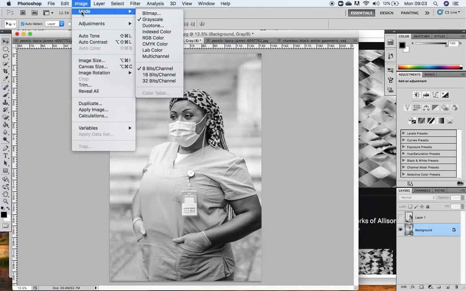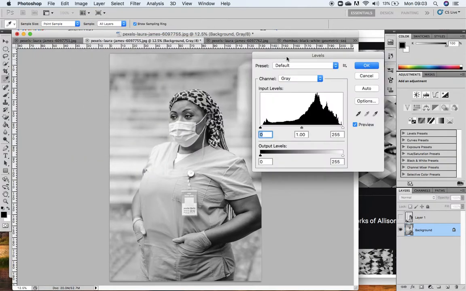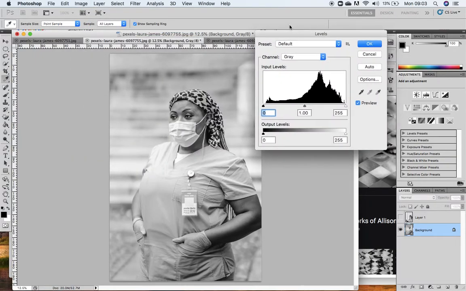Now I'm going to come down to adjustments, and I'm going to use levels this time. I usually use curves, but I'm going to show you this one in this tutorial. So what you've got here is a histogram, which is basically a graph. If you're thinking in mathematical terms, it's a graph showing you how much of each tone is present in